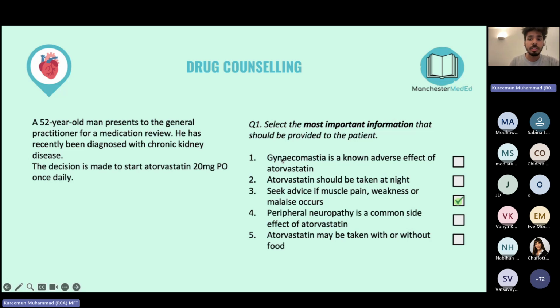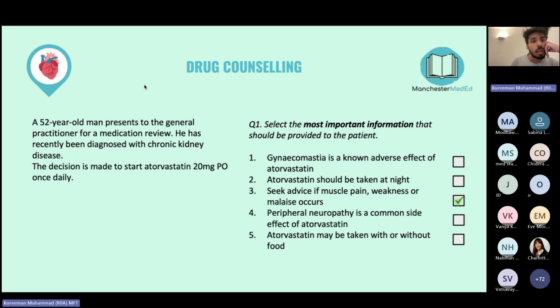Also remember that statins interact with clarithromycin or grapefruit juice. So that's one thing to remember. And if we go through each one of them, statin is a very rare cause of gynecomastia. The ones you should always remember are spironolactone and digoxin, which commonly come up. Those are the ones that commonly cause